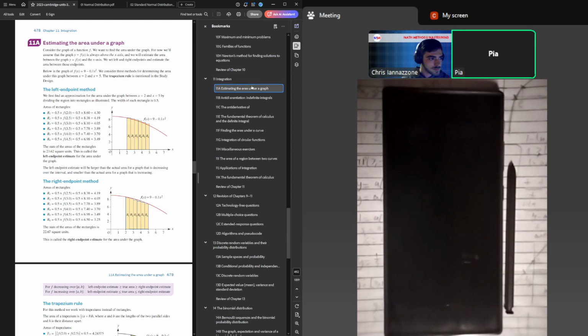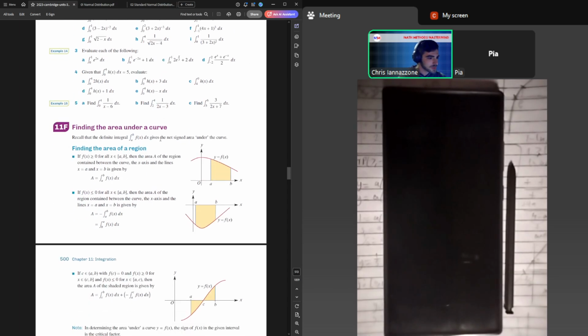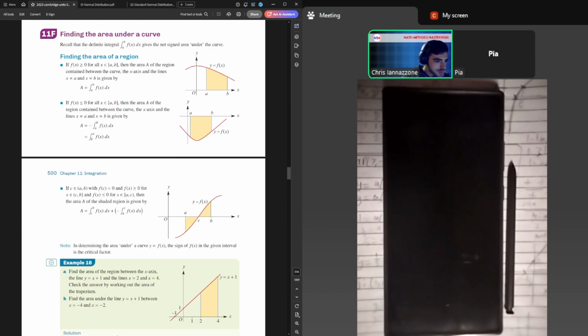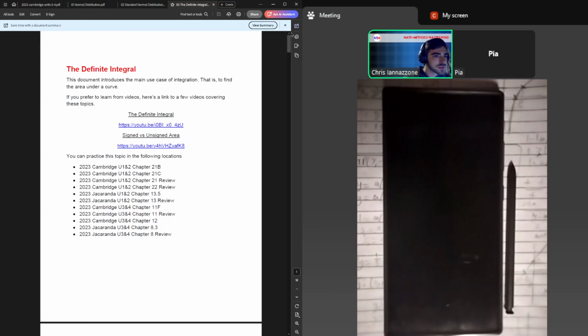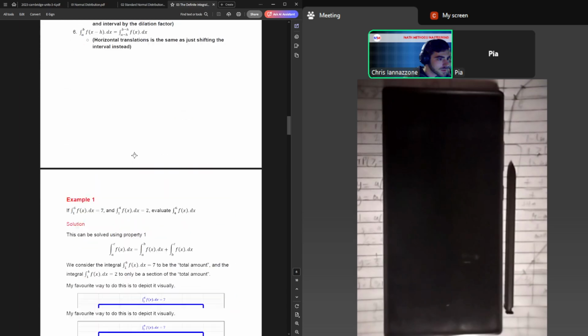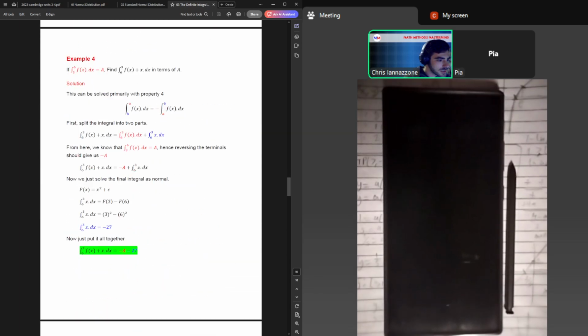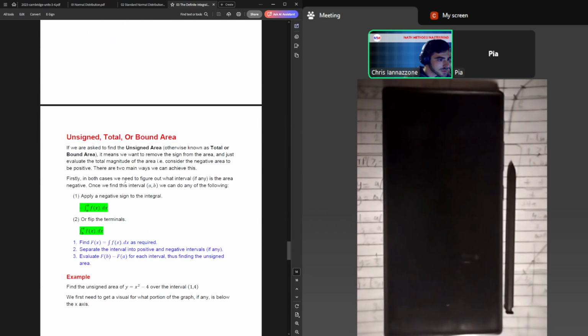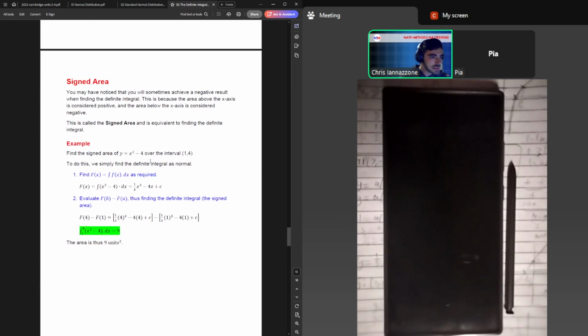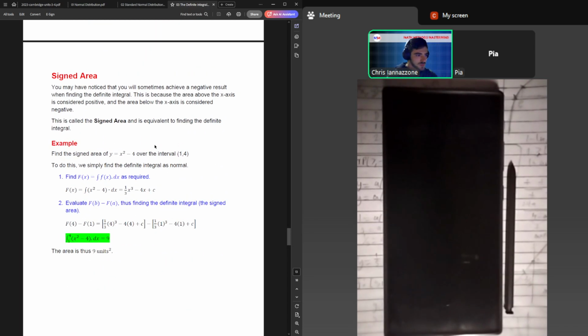Could we go finding the area under the curve? Yeah, absolutely. Area under curve? Sure. So what I'll do for that is bring up my notes on that and we can have a look. So let's see, definite integrals. Cool. So finding area under a curve is, in basic part, finding what's known as